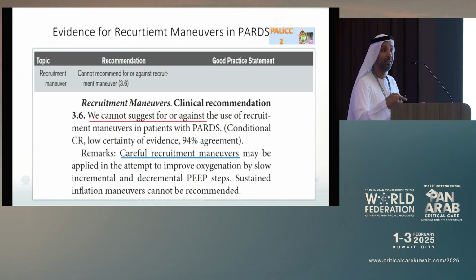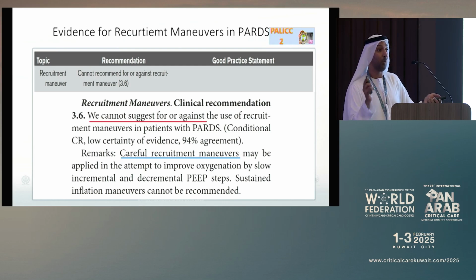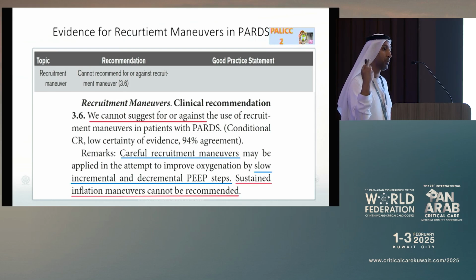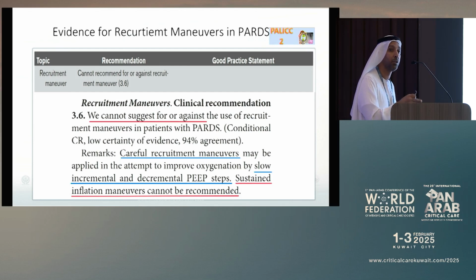Some of it is vague; they want to stay away from recommending anything specific. What they said was a slow, incremental and decremental PEEP step, but they didn't elaborate. What they did say is sustained inflation. Remember sustained inflation, which we discussed before? They recommend against that. If you want to do recruitment, consider